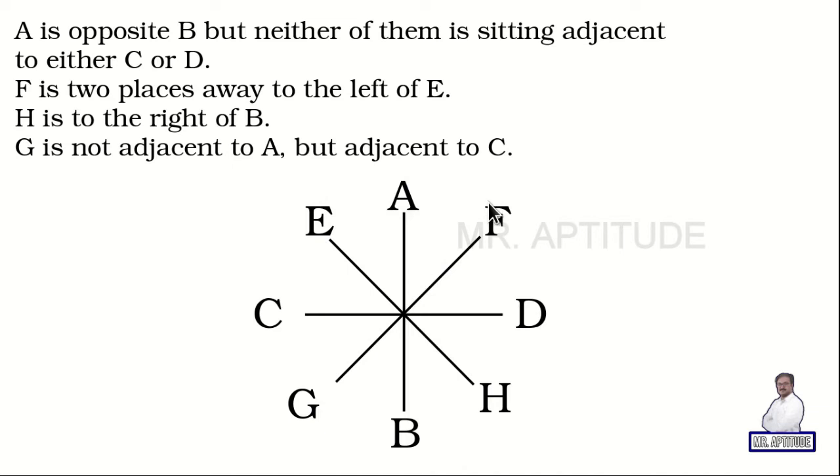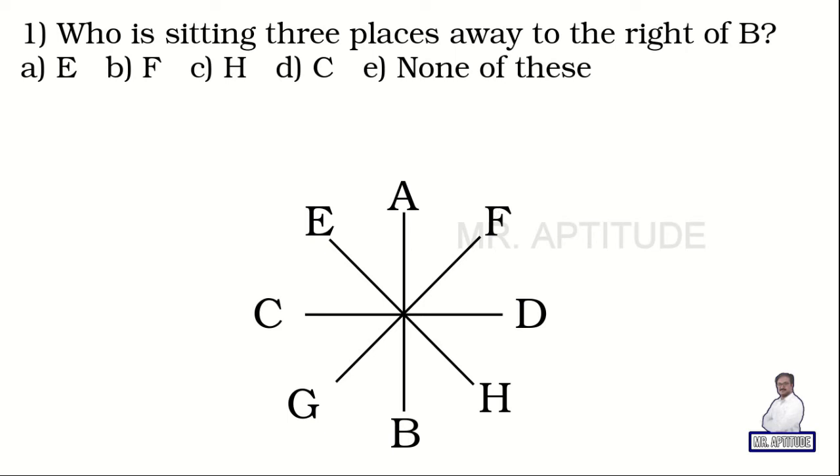If you're not comfortable with this, if you didn't understand this condition, till you get used to the sets, I want you to assume yourself in the place of the given person. So assume yourself sitting at this position and facing towards the center of the table. And then you have to place F second to the left of E. So as it's E, this person will be F. Once you are done with the arrangement, you can answer any question based on this set. Example, this is the first question given. Who is sitting 3 places away to the right of B?